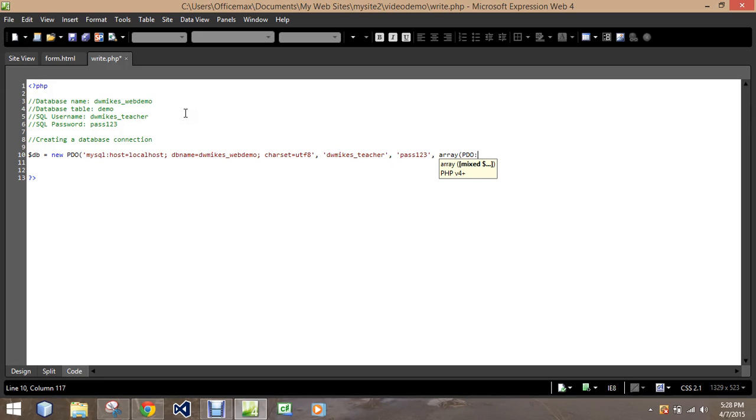PDO, colon, so 2 colons. ATTR stands for attribute, underscore, emulate, underscore, prepares, space equals right tag. So it's going to prepare the database to be connected. This means it's moving on to the next process, setting it initially to false, comma,